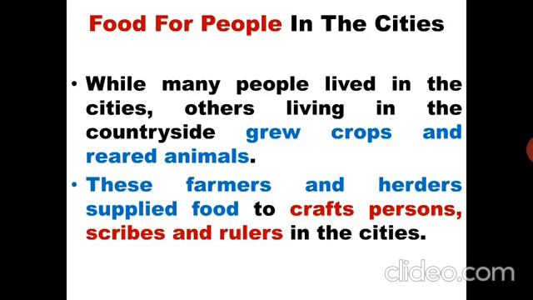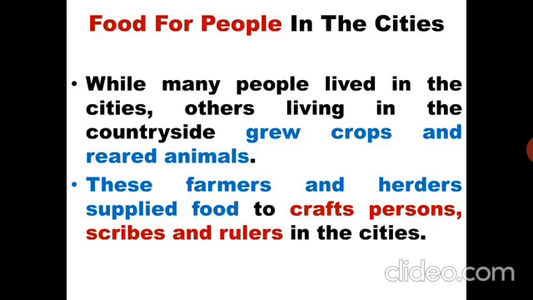So these farmers and herders were supplying food to craftspersons, who were making items with the help of their hands.